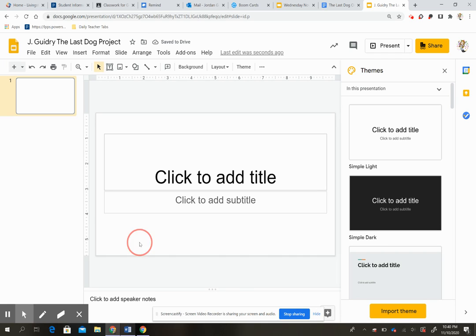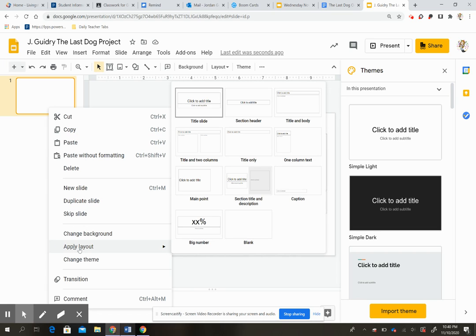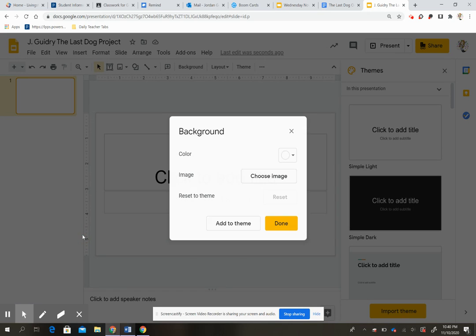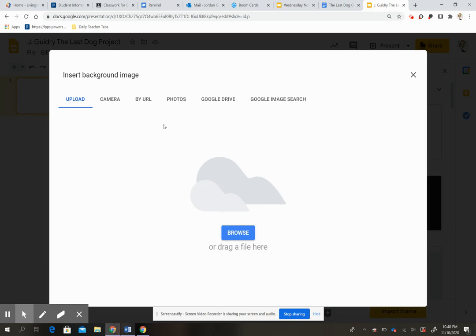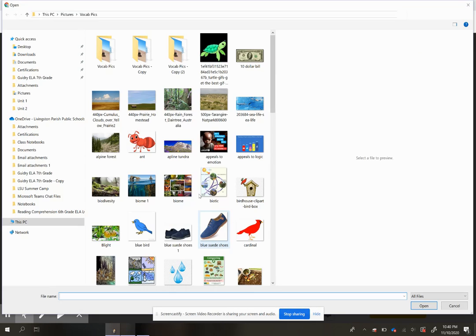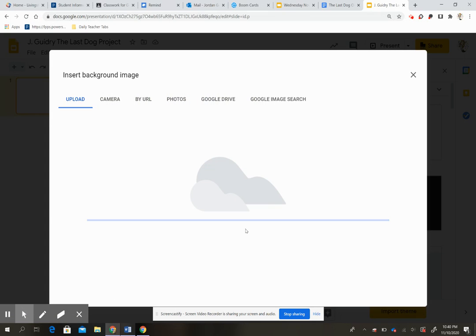If you want to make it a background, you're going to go over here. You're going to right click and you would do apply layout, and that'll choose your slide layout. You can change your background. So this is going to let you choose just a solid color if you want, or you can choose an image from the computer. So again, I could browse my computer. I could choose an image. So this one is one of a forest. I'm just going to pick a random one